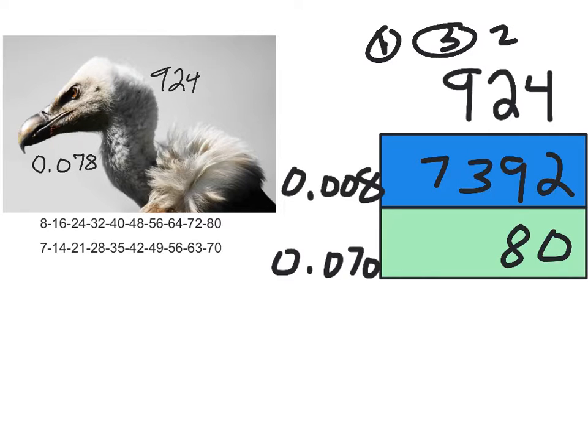Superb, my friend. Next, 7 times 2. I got 1, 2, 14, plus this 2 is going to give me 16. I'm going to circle it, drop the 6, and carry the 1 right up there. Superb, my friend. Next,